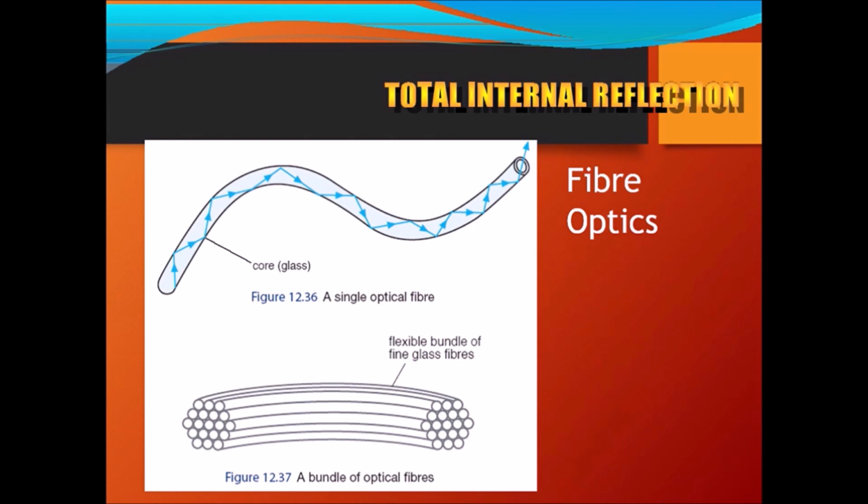So this information gets reflected time and again internally, and there is very little loss; almost the entire amount of data is passed on. That is why we use fiber optics rather than any other simple single wire. Fiber optics has become a blessing to human beings, because the entire data passed on is carried without any loss, and then the computer converts it into words, and we receive the data. So fiber optics is another way total internal reflection is used.